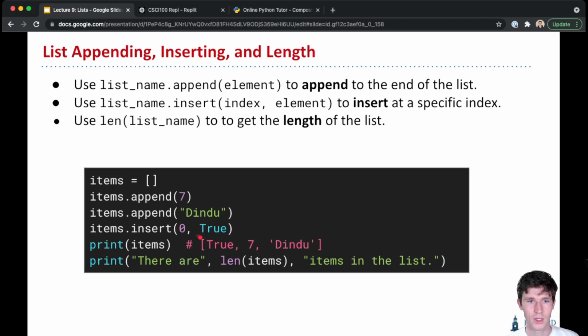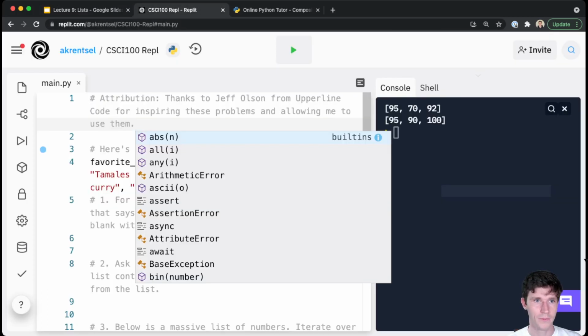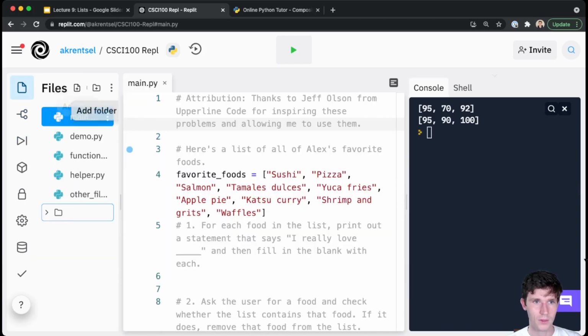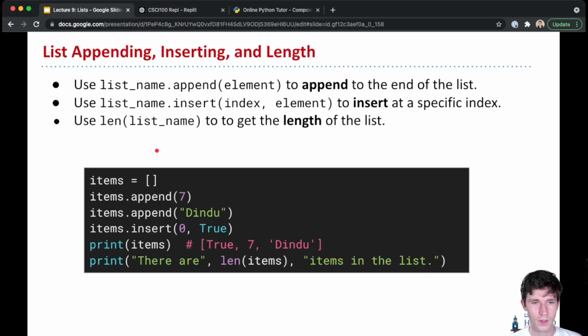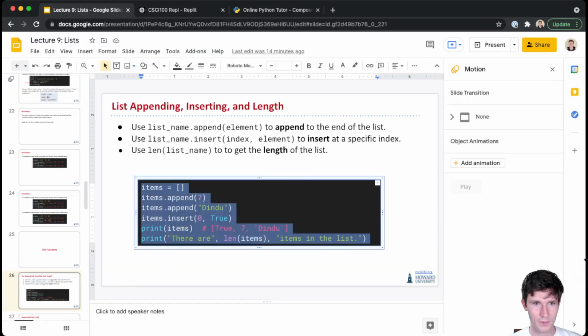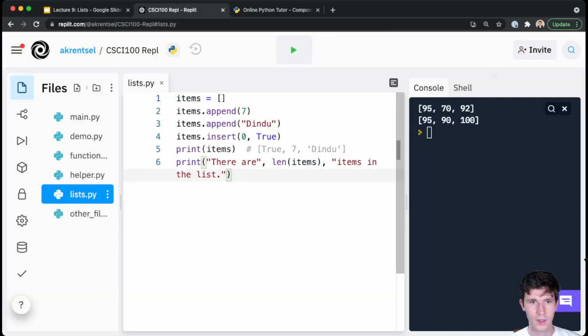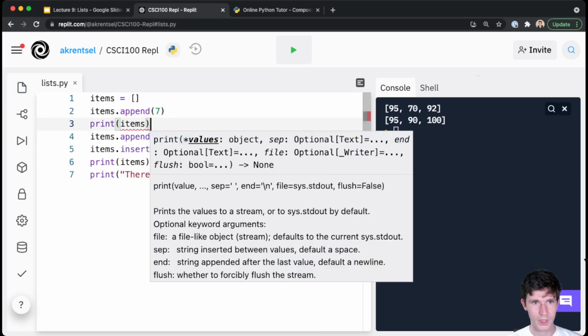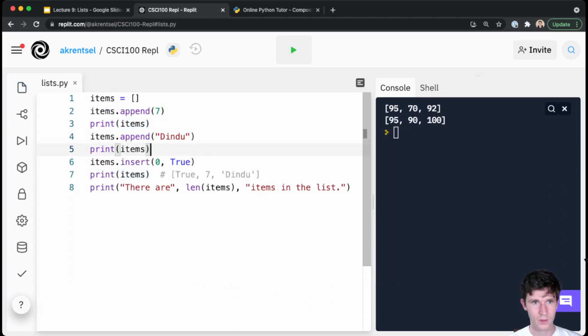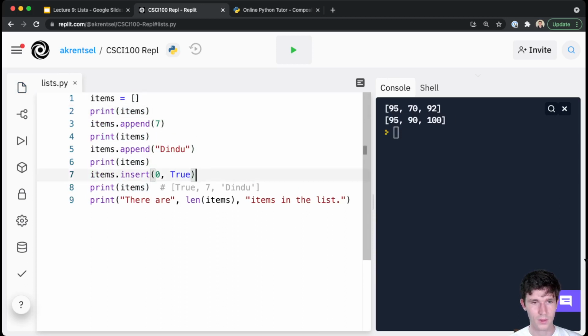And so here, actually, I'll show you in Replit. If I come over here, I'll make a new file. And I want to show for this example what happens as we go through here. If I print items in between, I run this code,